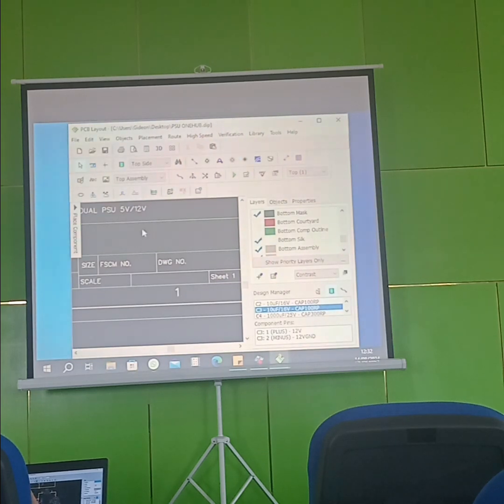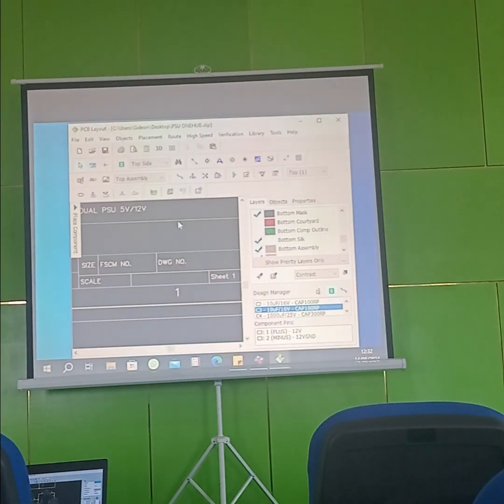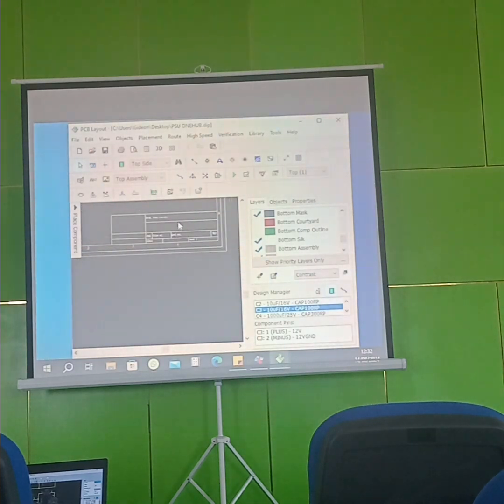You understand me now? Sometimes if you do some design, you have version one. After maybe your first two prototypes, you have version one of the first prototype. You make some corrections, and you have another version of the PCB due to maybe some little errors. If you are doing the second version, any additional changes you make, you can use all this space here to type and put it. So it depends on the type of